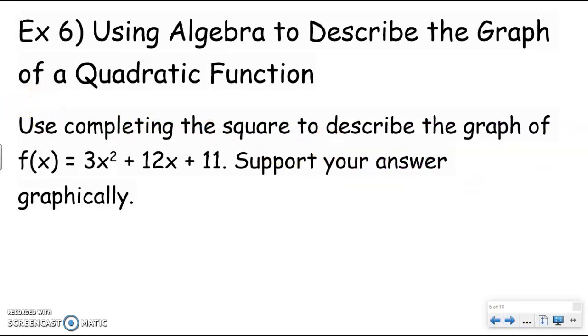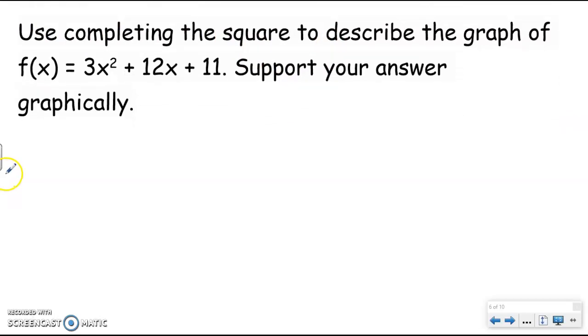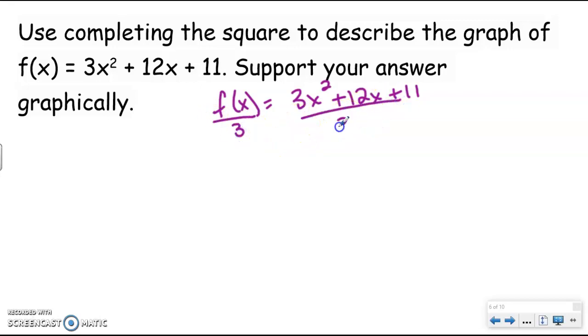Okay, next one. You can do the same thing using completing the square. The process is a little different here, so it kind of depends on how you want to look at it. I've seen this a couple different ways. I'm going to show you one way. You definitely don't have to show your work exactly this way, but the main steps are the same. I've seen people leave this 11 on the right side, and I have seen people move the 11 to the other side. I'm going to leave it there, and I'm going to divide everything by 3